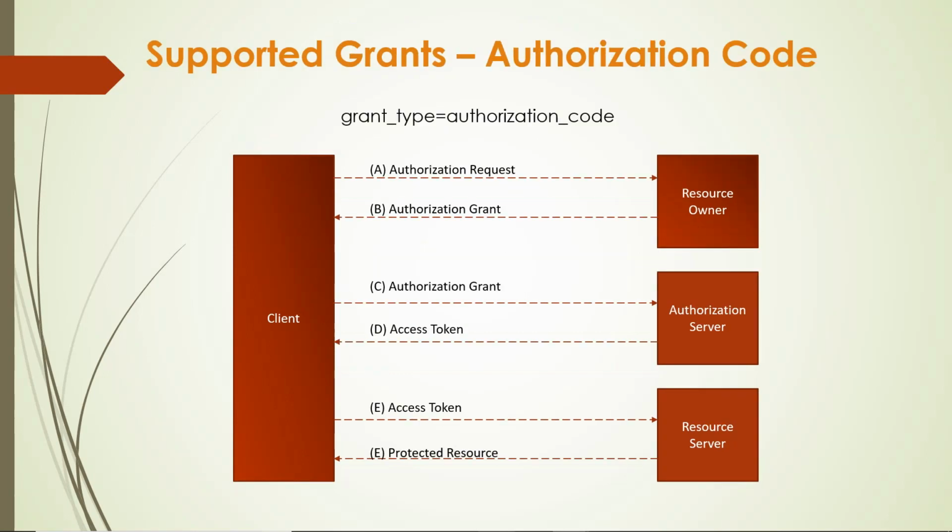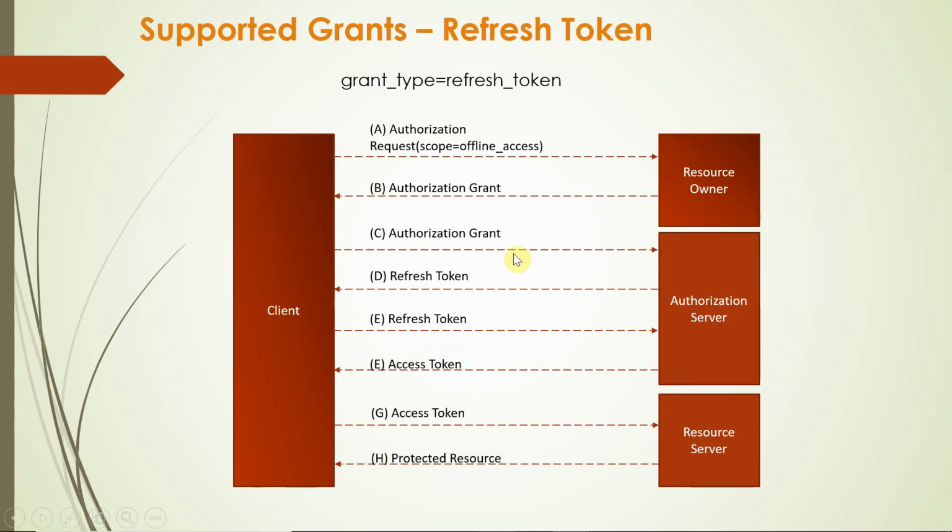But in the previous scenario, whenever the client wants to access the protected resource, it needs a valid access token. If, let's say, the access token validity is 1 hour, then after 1 hour it again needs to get a new access token by following the same flow, because it needs to get the authorization from the resource owner again. But in some cases, let's say if we need to download some data offline, and we only want to get the authorization one time, this approach can be used.